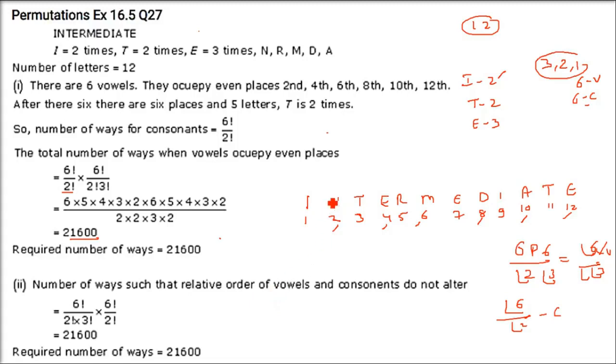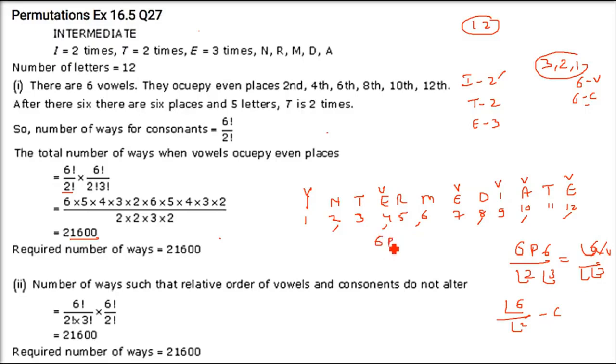Now the thing is that the relative order of the vowels, wherever they are, will remain like this. They will not change their position. They may go here and there, but in the same positions. A vowel cannot go on the second position. It will always be positions 1, 4, 7, 9, 10 and 12. So these are the vowel positions, the only positions which any vowel can take.